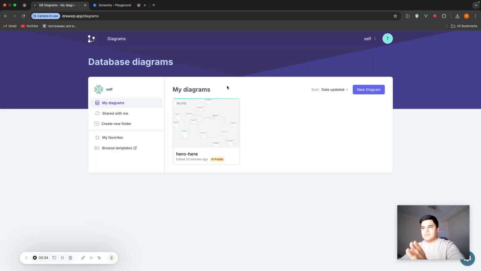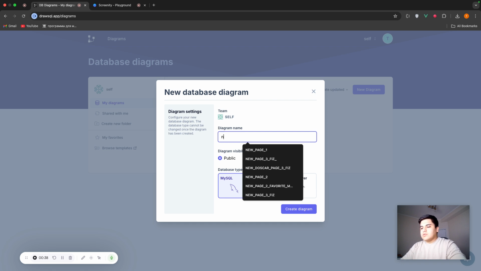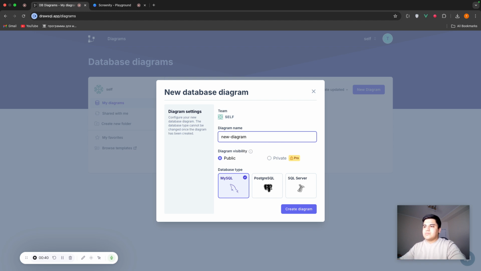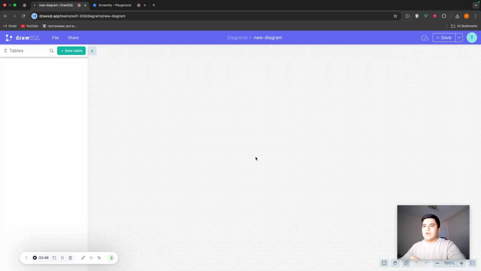The beautiful landing page opens up like this, and we can create a new diagram here. It's the beginning of the creation of our project, right? It's when we put our ideas on paper and write the migrations. So we will call it new diagram, and let me give you a quick introduction of how it's used here and how it can help further on in your Cursor project.